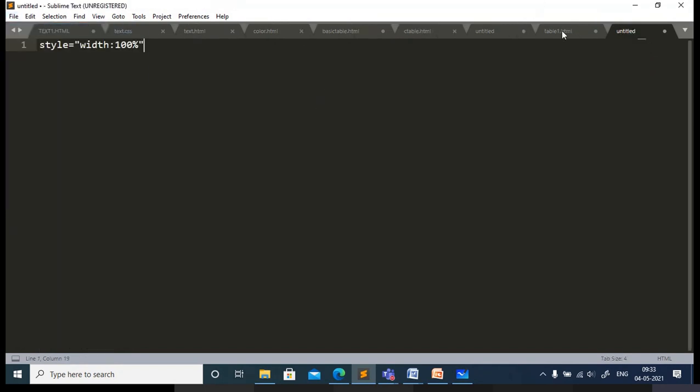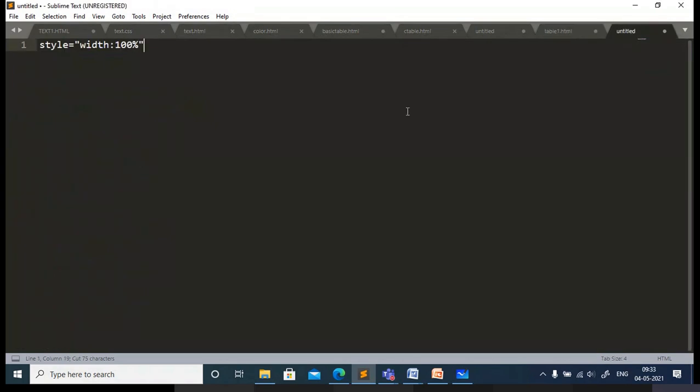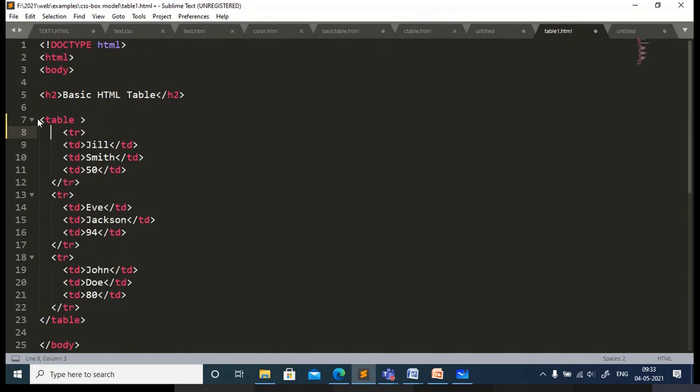I will try to make it very simple. I think everybody can understand. I have a table tag followed by these many rows: 1, 2, and this is 3. And I'll be having the details in each row with 3 cells.